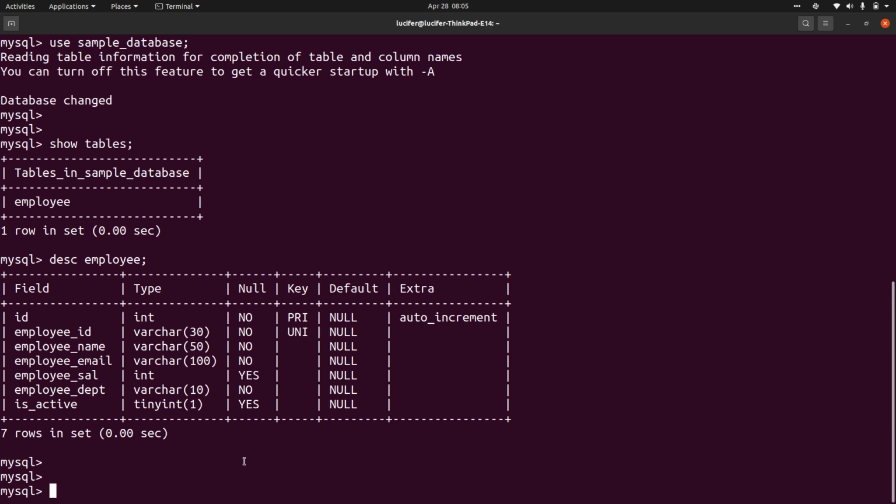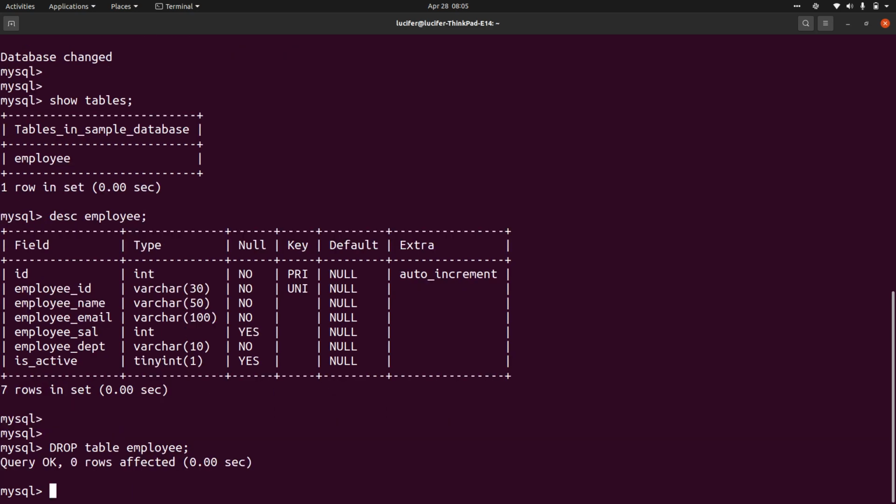So let me delete this particular table and I'll just create the table again. So it's just drop, whatever you are dropping, table or database or anything, right? Drop that particular object and object name. So drop table name, right? So now the table has been deleted.